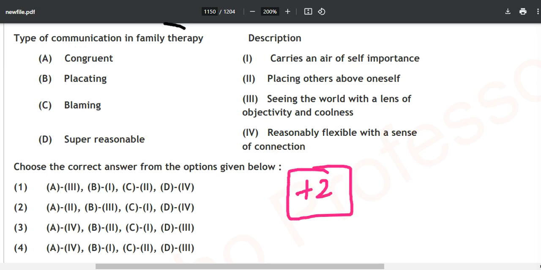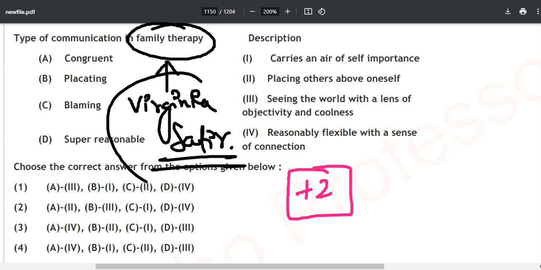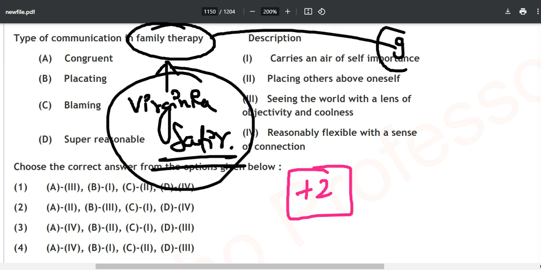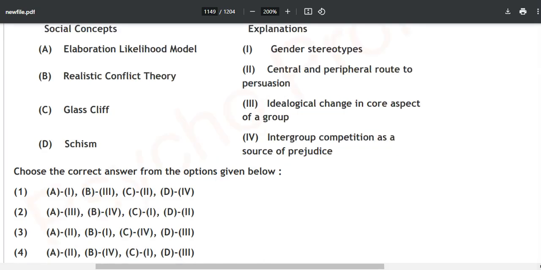But next time they can ask you who originated this or where this came from. This came from Virginia Satir. Family therapy was proposed by her, and this topic comes from your unit number 9. So see, sometimes even if you don't look at the question, but you have some basic understanding of meaning and knowledge, and you try to apply common sense, you will get the answer approximately 95% of times. And there we go.